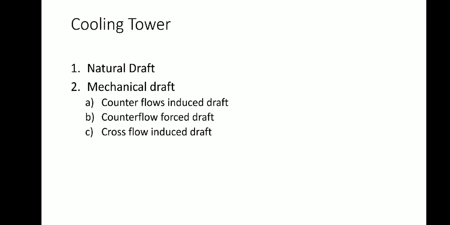Then, the types of cooling tower. First, cooling towers fall into two main categories: one is natural draft and the other is mechanical draft. Natural draft towers use very large concrete chimneys to introduce air through the media. Due to the large size of these towers, they are generally used for water flow rates above 45,000 metric cube per hour. These types of towers are usually used only by utility power stations.